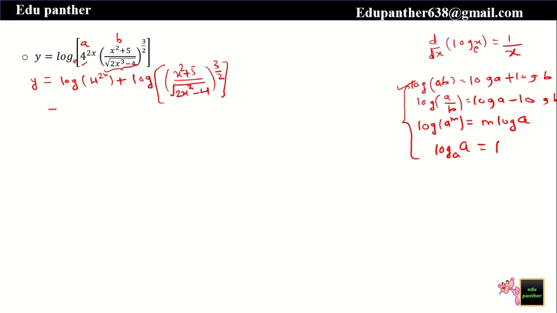Further, what do we have to think? So we have to see whether further simplification is possible or not. Our first term is 4 raised to something. In a log, if we have something raised to an exponent, we can use the third property, which is log of a raised to m is m times log a. That means this exponent will come at the start of the log.